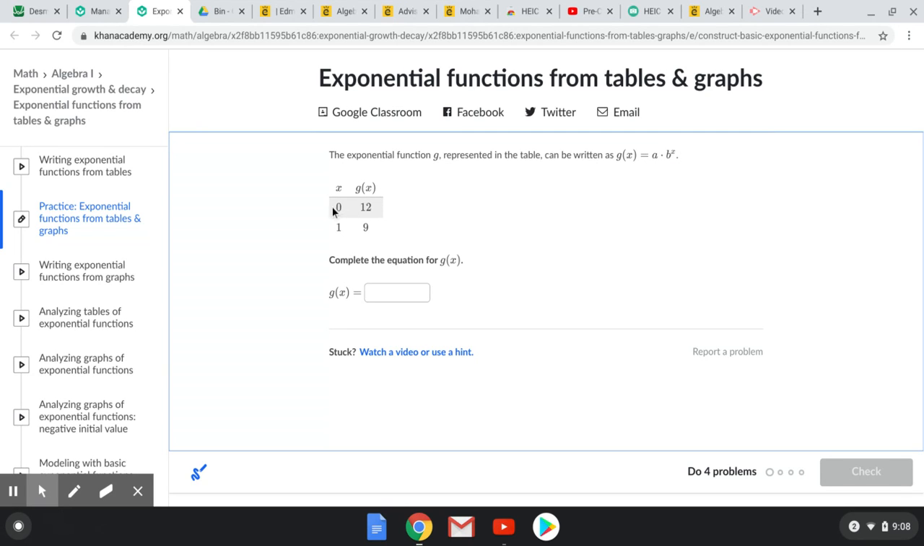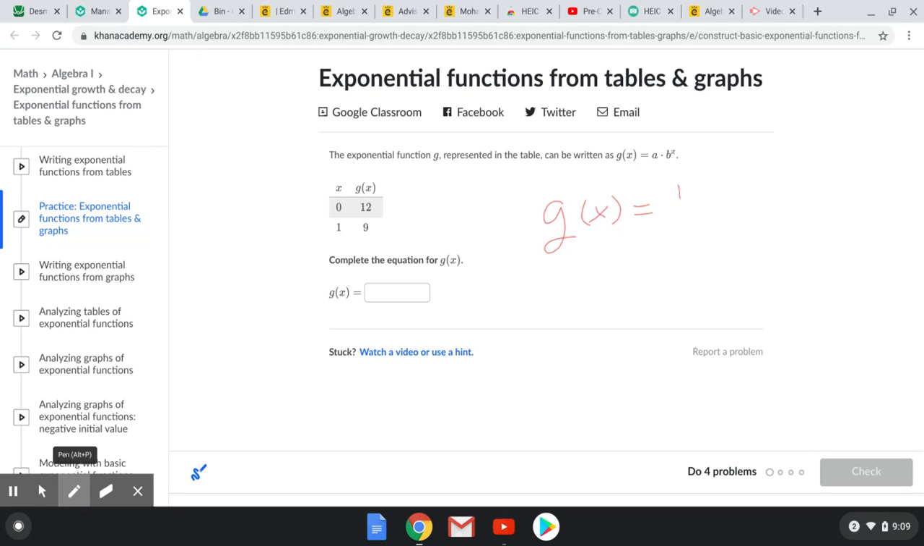So here they've made it really simple. They've given us our y-intercept. So remember that in this form, a is your y-intercept or initial value, and b is what you're multiplying by. So they've given us the y-intercept, so we don't have to go looking for that. They gave it to us. So if x is 0, this is the y-intercept. So a is going to be 12. So I have to change to my pen. Okay. I have g of x equals 12 times,